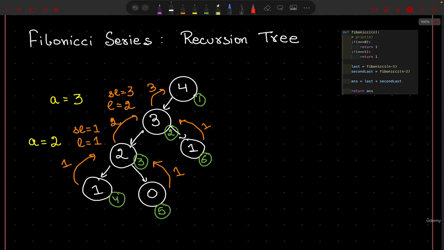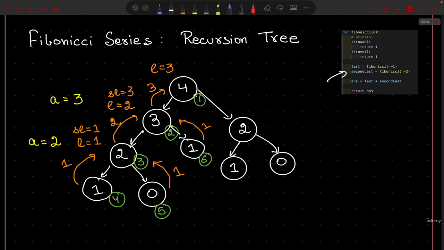So now 4, once it gets the answer for L is equal to 3, it should now call for n minus 2. So now the flow will come to the second last line, and it's going to call for 2 here. Now this 2, again, is not a base case. So it's first going to make a call to n minus 1, which is 1. And then it's going to make a call to